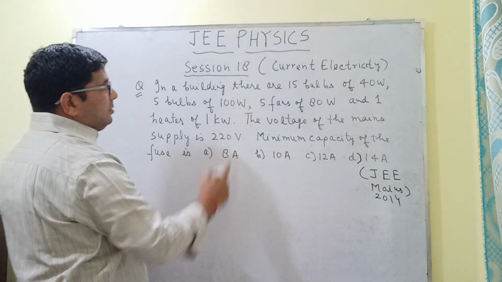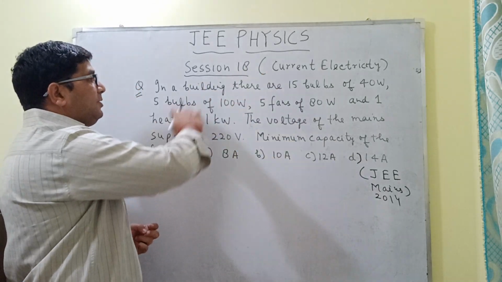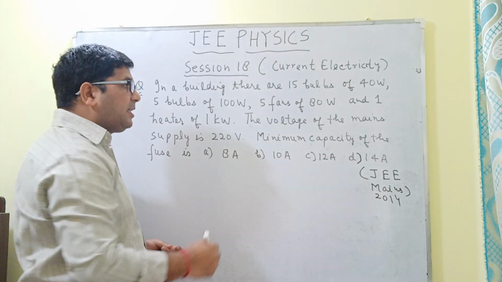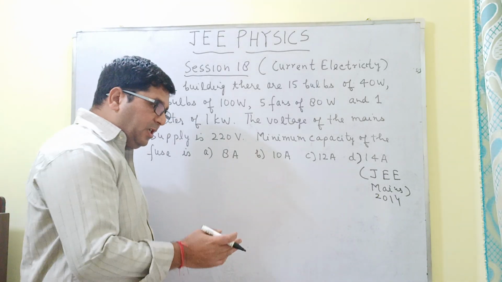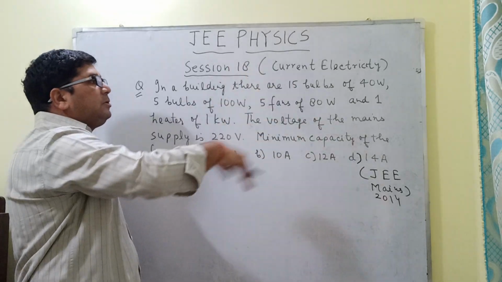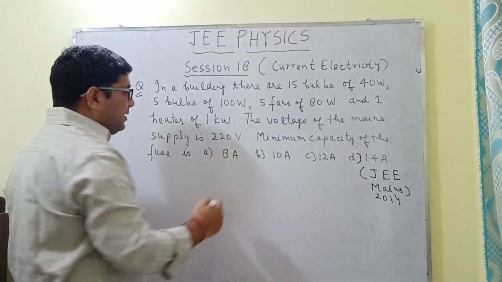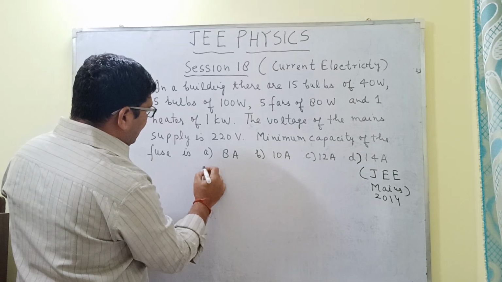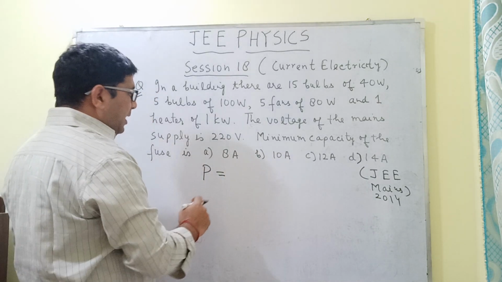So in this case, we have to first of all find the total power consumption when all these electrical appliances are running at the same time, and thereafter we have to find the maximum current which will flow through the electrical circuit in case all these appliances are running at the same time. So here the power consumption P is equal to